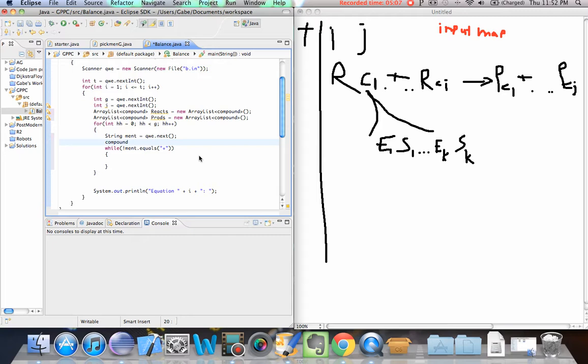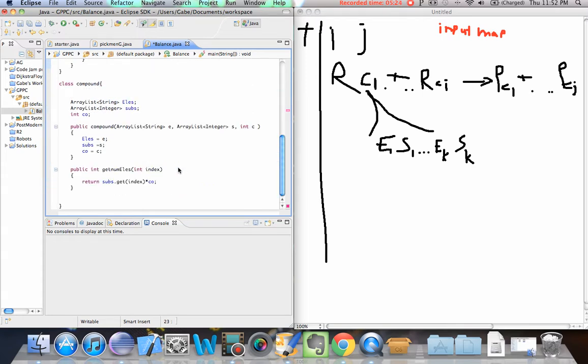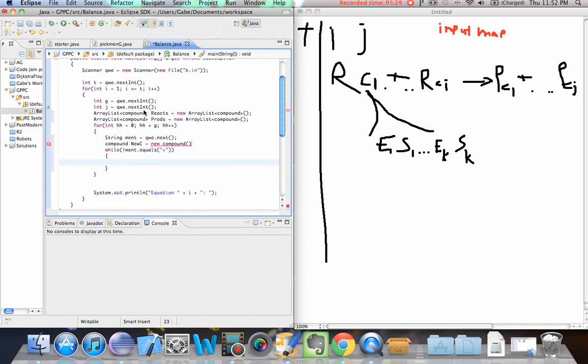So compound, new compound, new C. And I need to pass in a coefficient. It's defaulted to 1. When you read it in, they don't even have any. So int coef is 1,